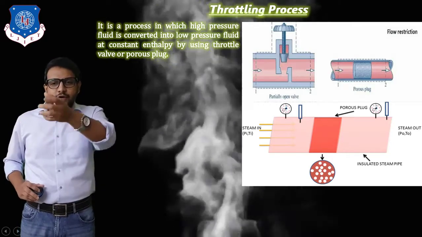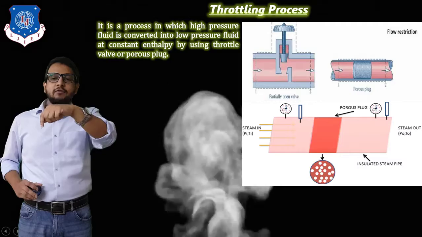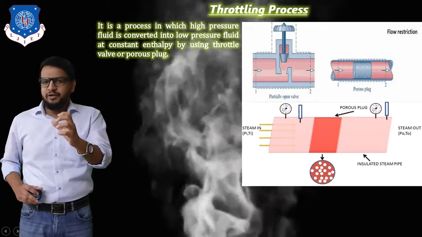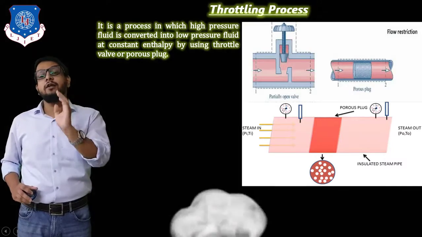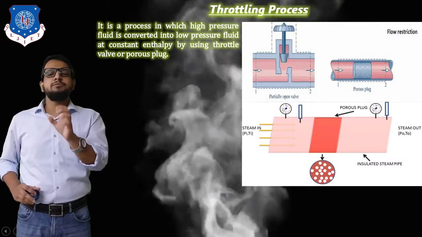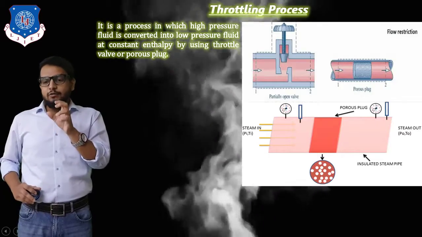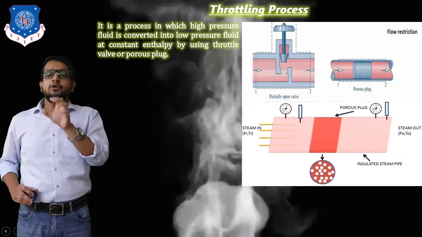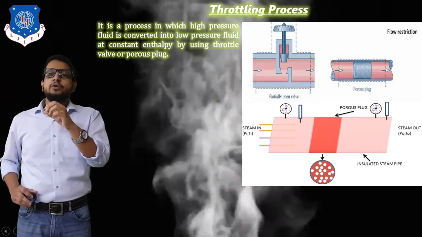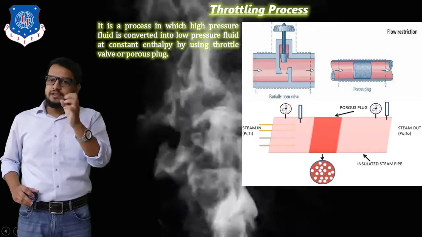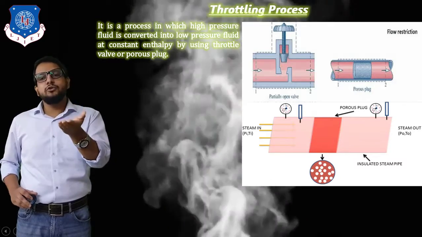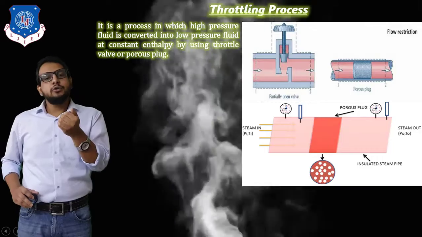It is obvious that if I rotate this valve completely, closing the valve will totally close the passage, and partially opening the valve will provide a narrow passage, right? So whenever there is a narrow passage, we can obtain a reduction in pressure. Similarly, we can achieve this throttling process by using a porous plug. In the diagram of a porous plug, you can see a plug having holes within it. Again, it serves the same purpose, that is, you can see the passage or area is reducing. Because of this reduction in area, velocity is going to increase. As the velocity increases, its pressure is going to reduce by making use of Bernoulli's equation.